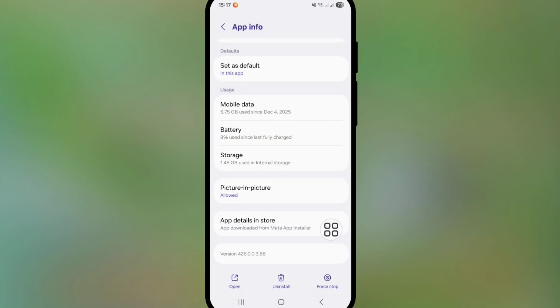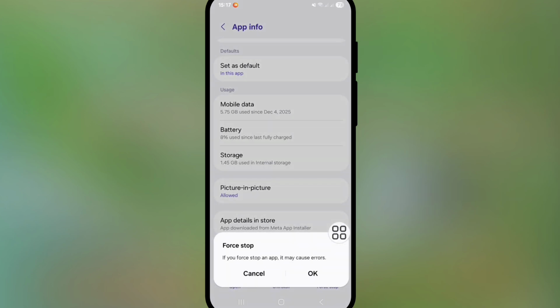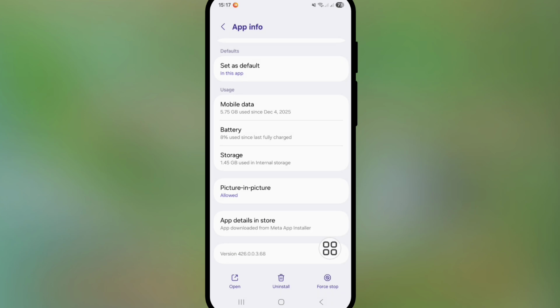Go back. Tap on force stop. Tap on OK to confirm. Now go back to home screen